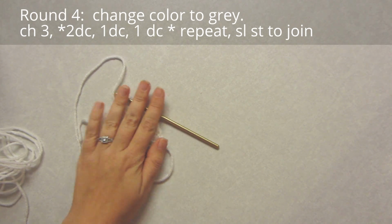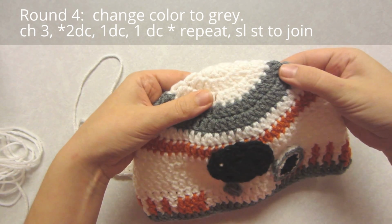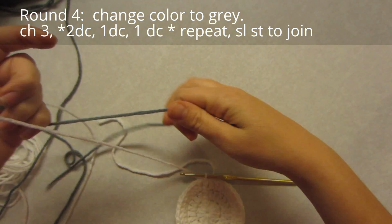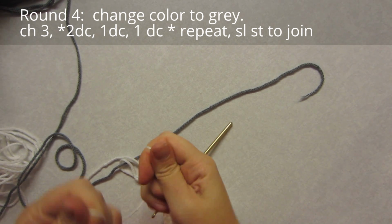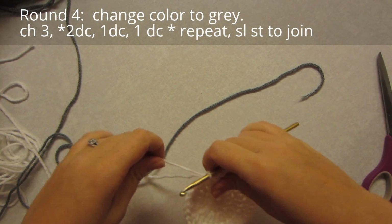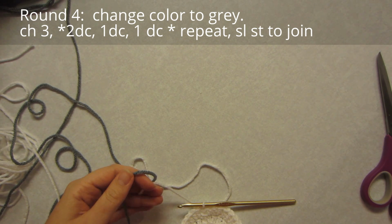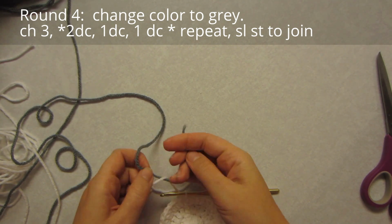So take a look at this hat here. Okay, it's 3 rows, and then we change to gray. To switch colors, you're going to just tie. First I'll just break off that yarn. Nah, I'll use scissors. There we go. And, oh darn it. Normally I don't do that, I wait until I have chained. Oh, but we're good. Okay, so we're going to